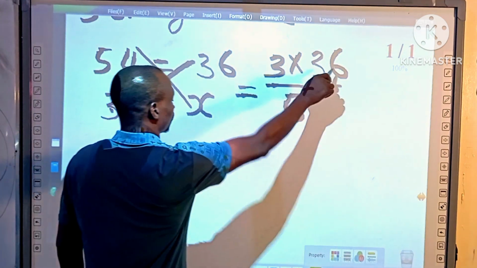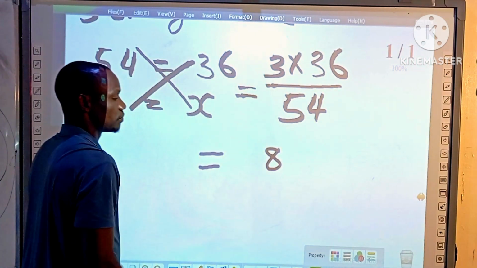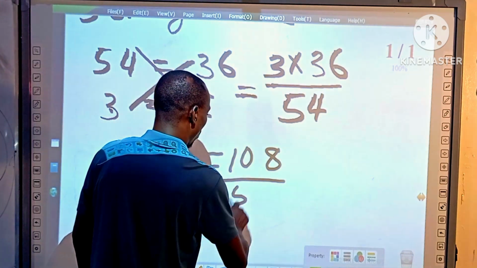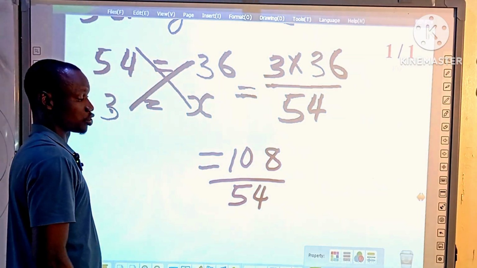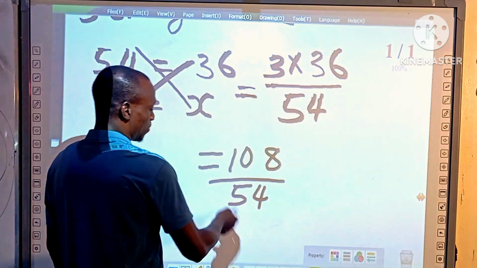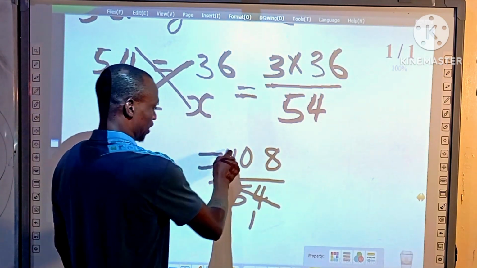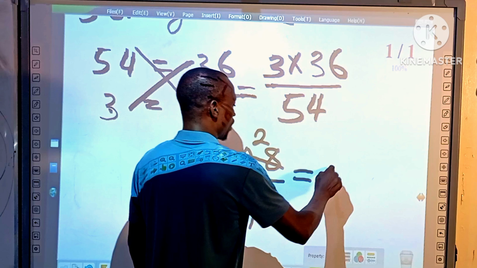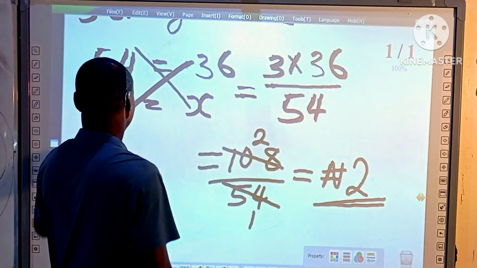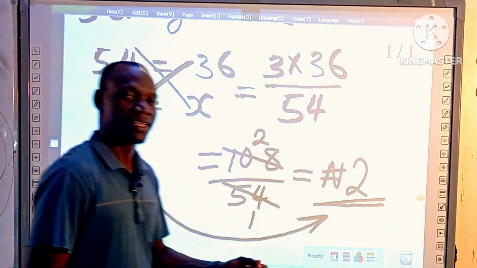This gives us 3 times 36. 3 times 6 is 18, put down 8, carry 1. 3 times 3, 9 plus 1, I carry 10. All over 54. It's easy to solve, so I can break it down. I know simply that there are 2 54s in 108. So when I do that, I have 2. So 3 oranges is actually 2 naira. So 3 oranges cost what? 2 naira. Maths is actually easy peasy,